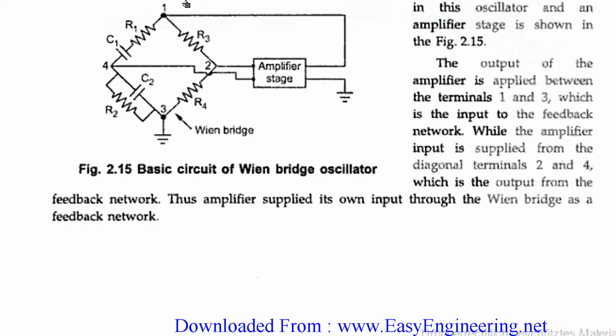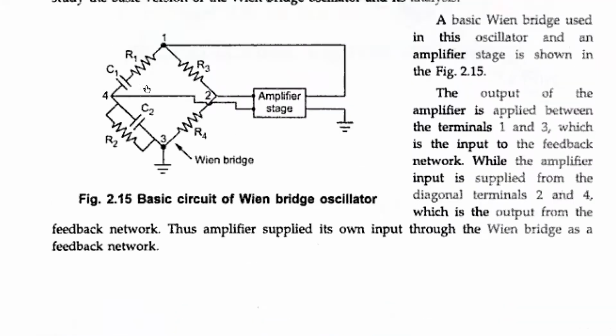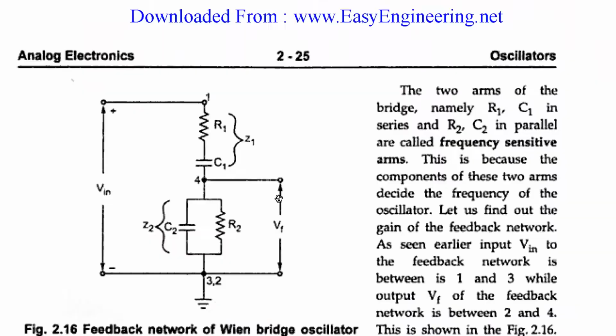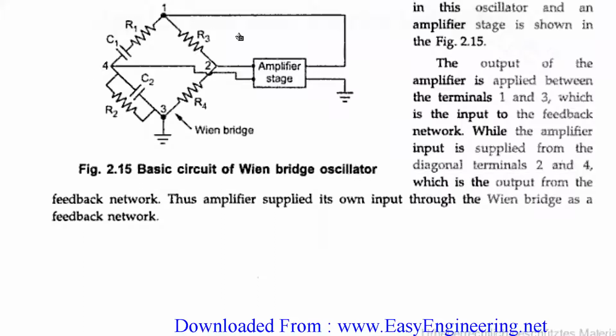The amplifier block output is acting as input to the feedback network. For mathematical analysis, you can call this point the input of the feedback network, or the output of the amplifier block. Both are the same. The output of the amplifier is connected as input to the feedback network. Anyway, we are taking the first notation, considering the feedback network.